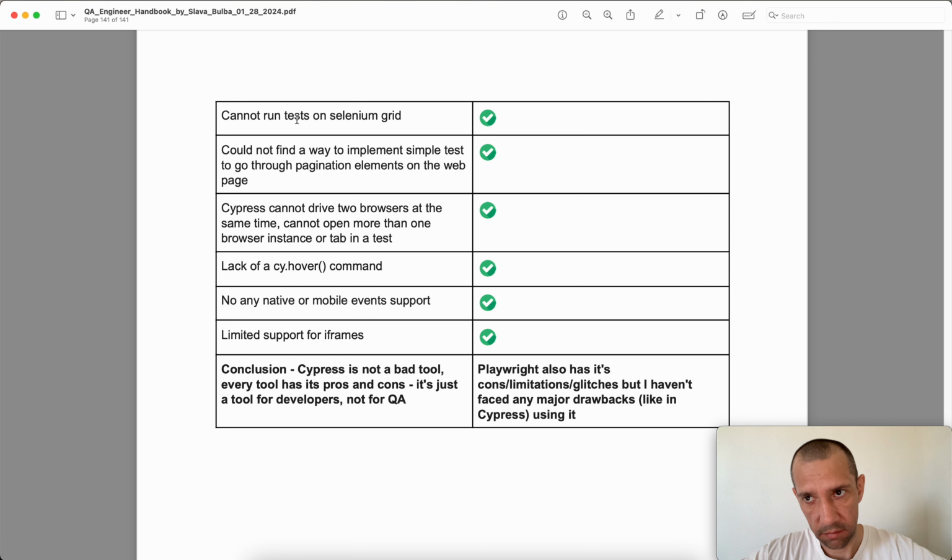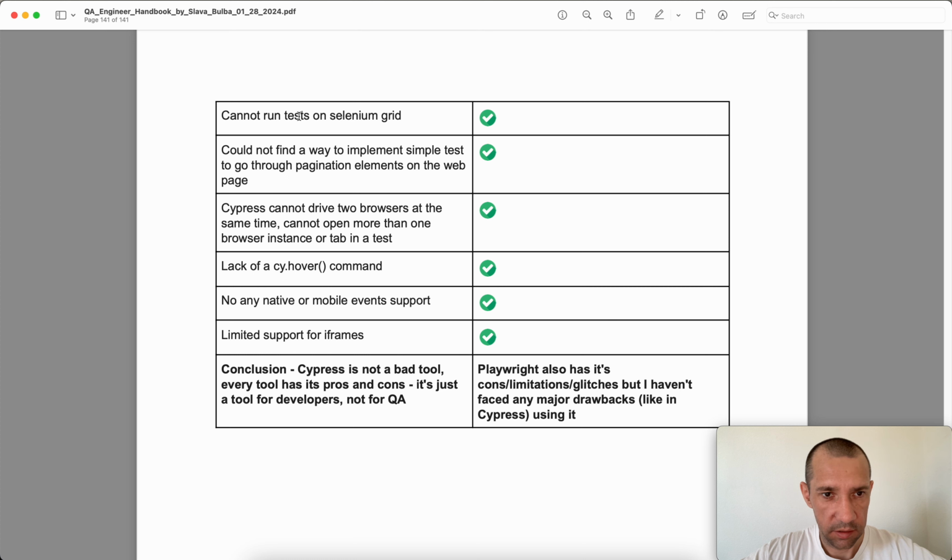So again, why not implement this feature? A lot of people are still using Selenium for test automation, and it would make it much easier for them to switch from Selenium to Cypress if that were implemented. Just implement some adapter to retranslate all the commands to Selenium Grid. I don't know. Anyway, this feature is implemented in Playwright, not in Cypress,